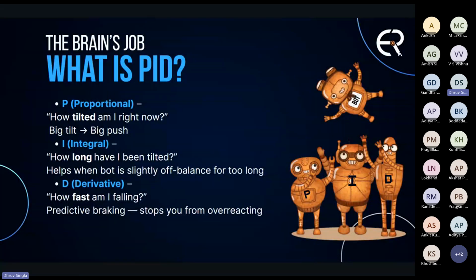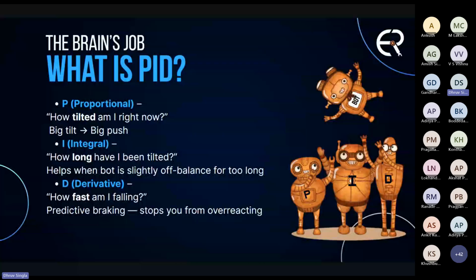The bigger the tilt, the bigger will be the push from the proportional constant. Similarly, if we go to the integral term of our board, as we have read earlier as well, the integral term is responsible for the steady state errors that our board has been having. So what happens is, the board is slightly off balance for a long time, it is being stabilized in that